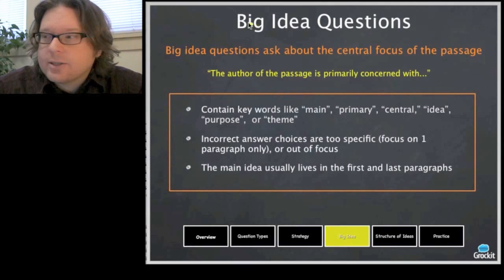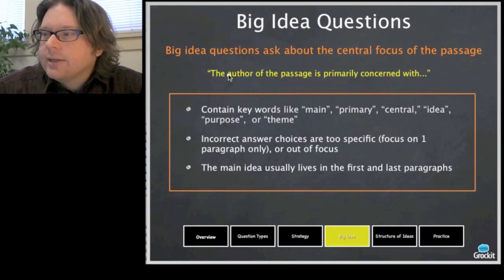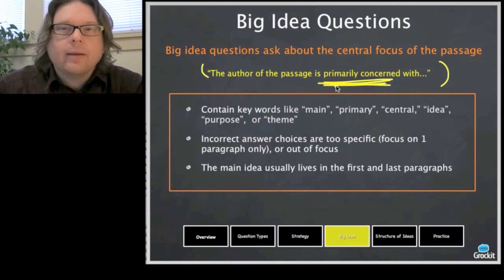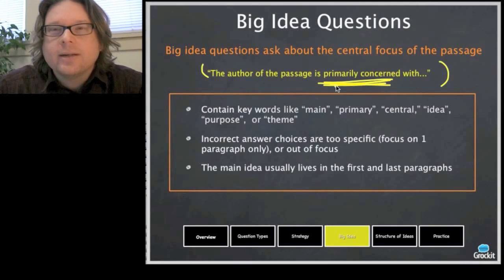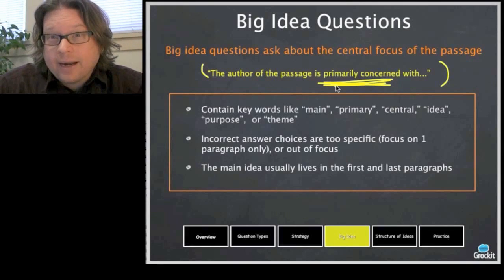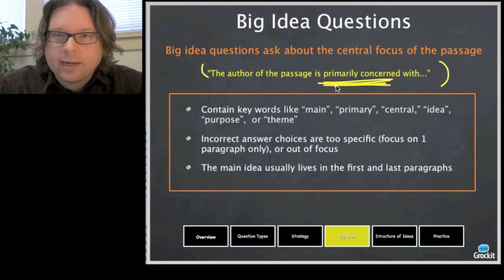So finally, on to the question types. So big idea questions ask about the central focus of the passage. So here's an example. The author of the passage is primarily concerned with. So these are the ones that will go to the intention of the passage, the thing that you have already determined in your notes. This is a very common question type, so figuring out that intention as part of your active reading basically answers a really common question type automatically and allows you to eliminate wrong answer choices in other